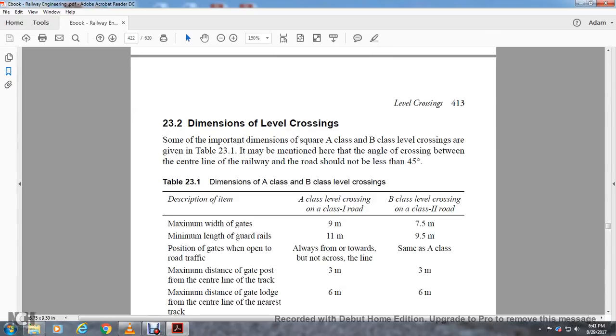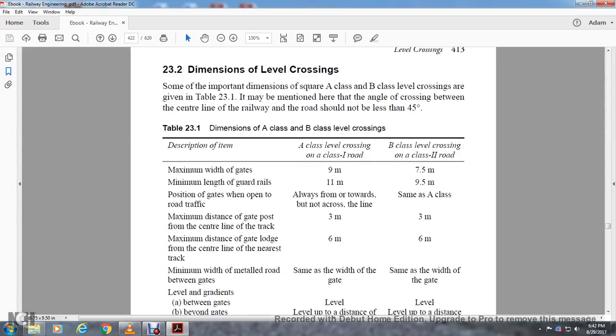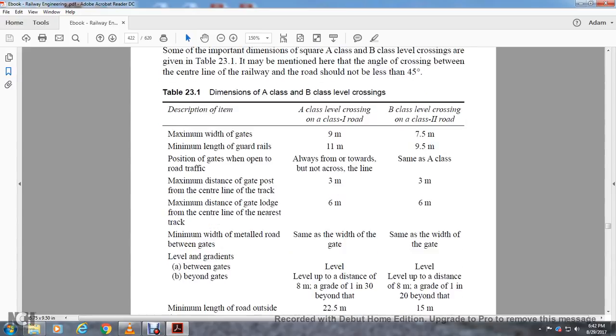Position of gates when open to road traffic: for class 1, all gates are towards and not across the line, same as Class A. Maximum distance of the gate post to the center line of the traffic is 3 meters. Maximum distance of the gate lodge to the center line of the nearest track is 6 meters. Maximum width of the metalled road between the gates is the same as the width of the gate. Levels or gradients between the gates are level. Beyond the gates, the level distance is 8 meters, then a grade of 1 in 30 beyond in Class A. In Class B, the level distance is 8 meters, then a grade of 1 in 20